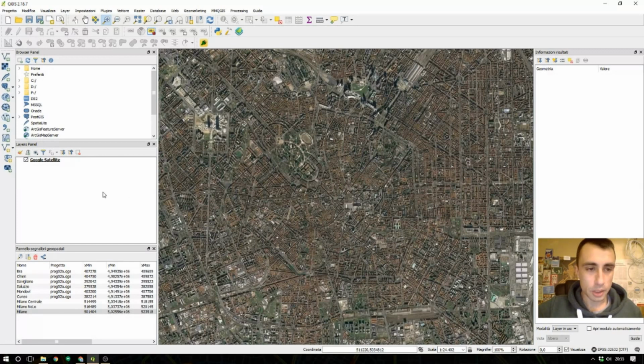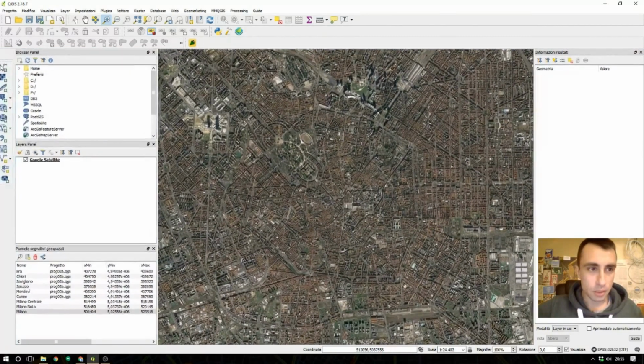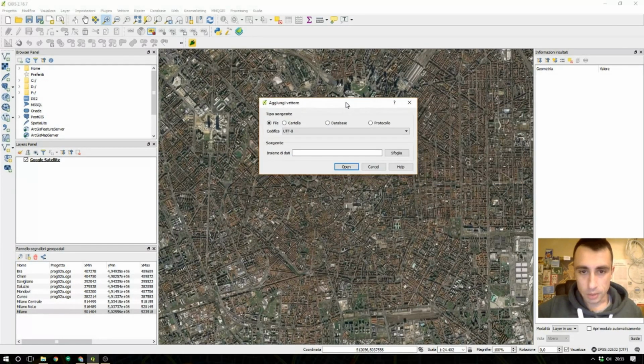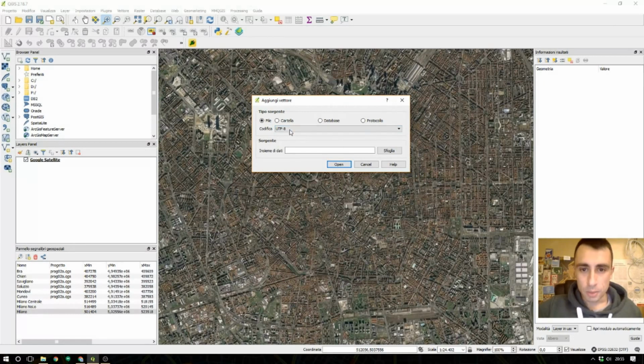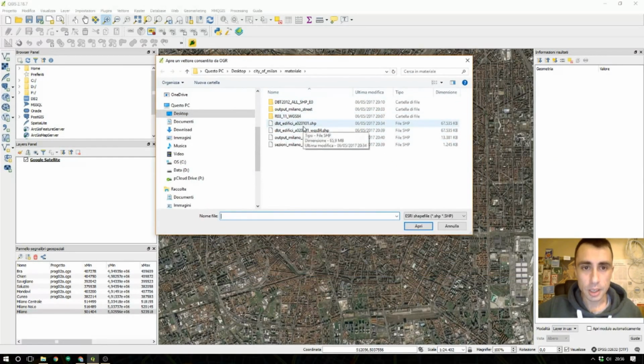We load the vectors immediately and then work with vector layers. We go to the sidebar on the left. This panel you can pick up and move, but I keep it all on the left. This is the first button, with a line of points. Clicking it opens this window. We have several options. We go now to the folder. I created a folder on the desktop. We load the buildings, streets and census sections. I open it.